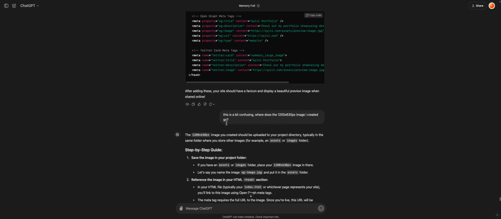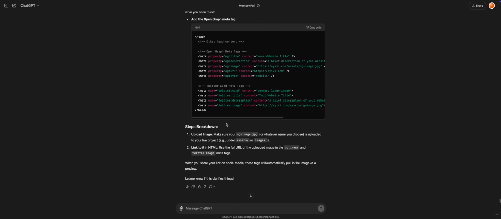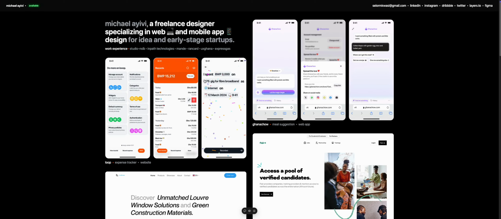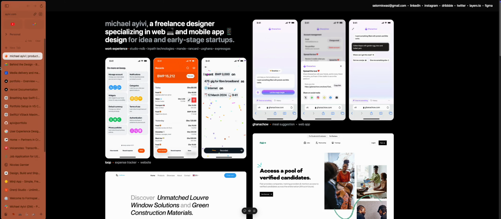I pushed it to Git and then deployed it, and everything was working now just like how it is over here. So that was how I went about using GPT for the portfolio with like zero